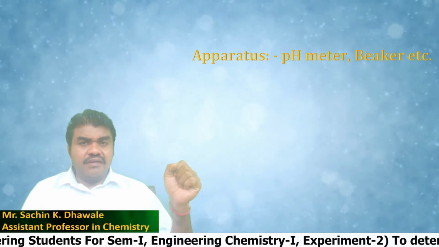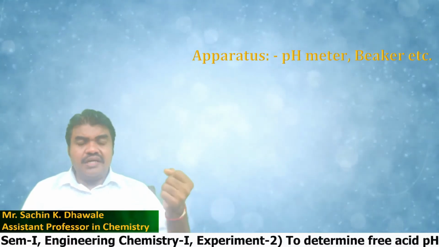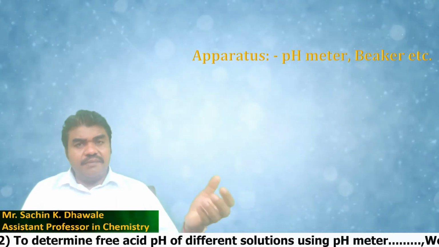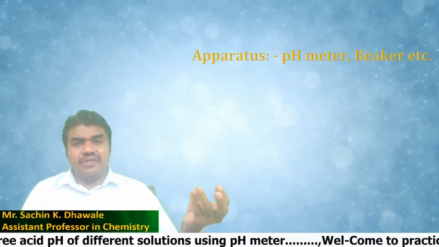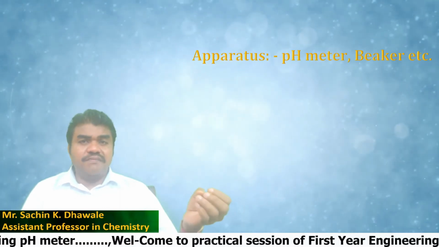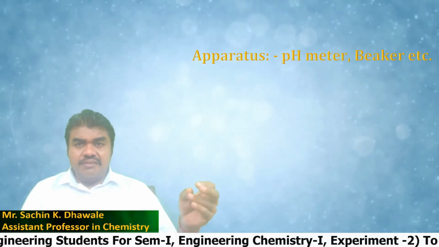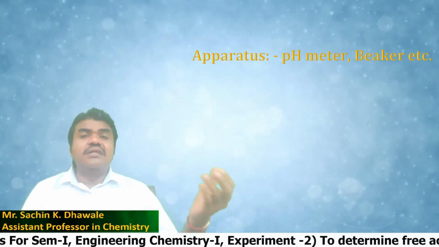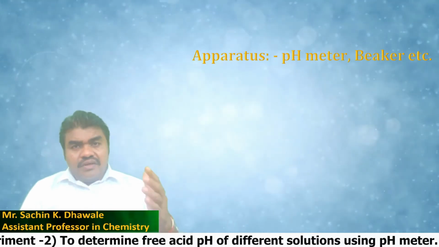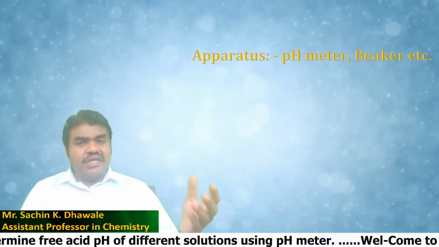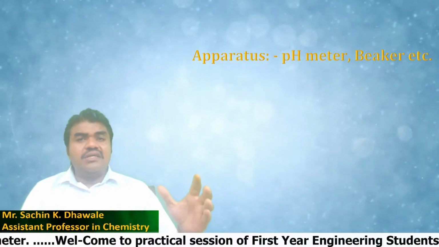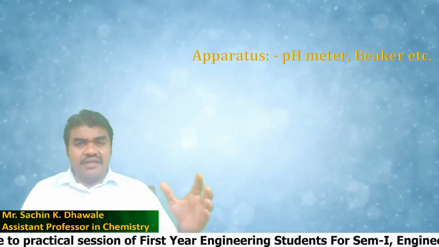Before using the pH meter, it is essential to standardize it, and for that purpose we use distilled water and buffer solution. A buffer solution is a solution which resists change in pH value. There are different types of buffers. Basically a buffer solution is a mixture of an acid and its salt with a base, whether strong acid, strong base, weak acid, strong base, strong acid, weak base. By using the buffer solution we resist change in pH of a provided sample.